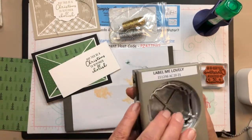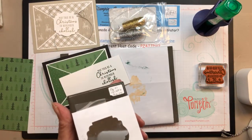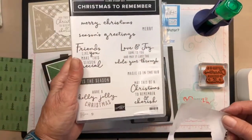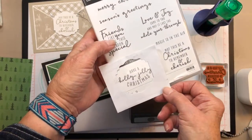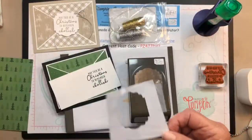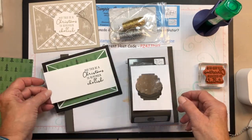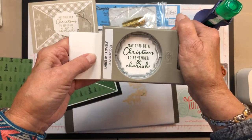So I used this punch, the Label Me Lovely punch. That's the one that's here, and I'm going to use it on this one. And I've started with these punches to have a template of what it's going to punch out like, because then I can take my stamp set, which this is the one I'm using, and say, oh, that would fit that way, that would fit that way, that would almost fit, and just go around the stamp set. And I just tape it on there so that I've got it. Sometimes I can lift it like this and put my image underneath, and okay, I think that one would be kind of neat if I can punch it that way. So let it dry a little bit,